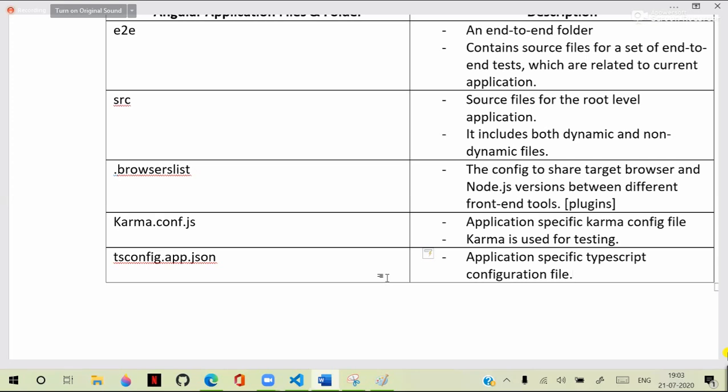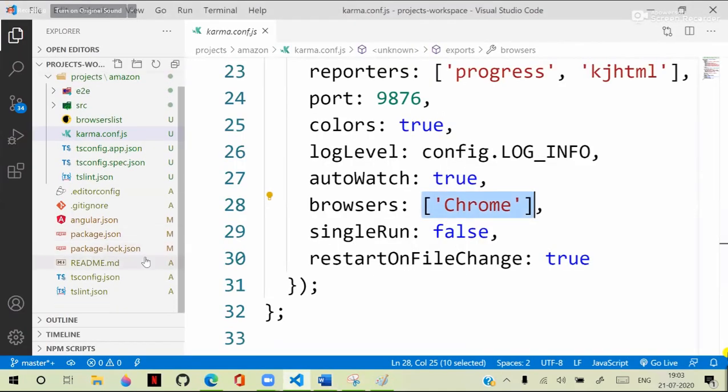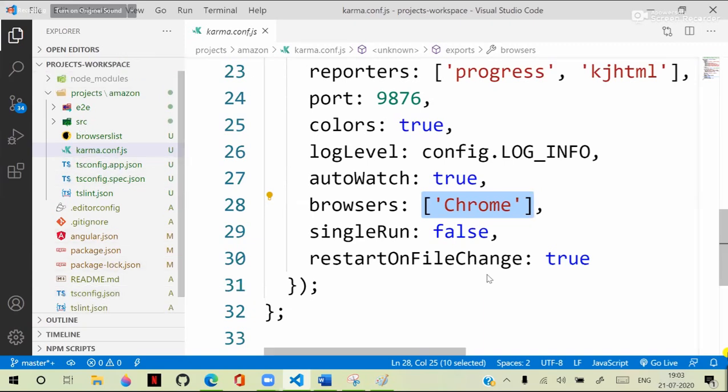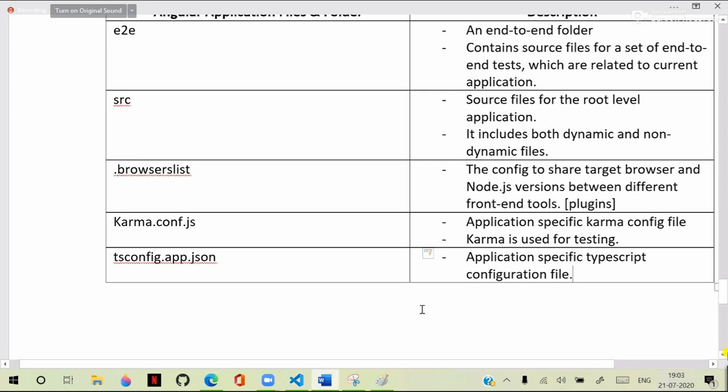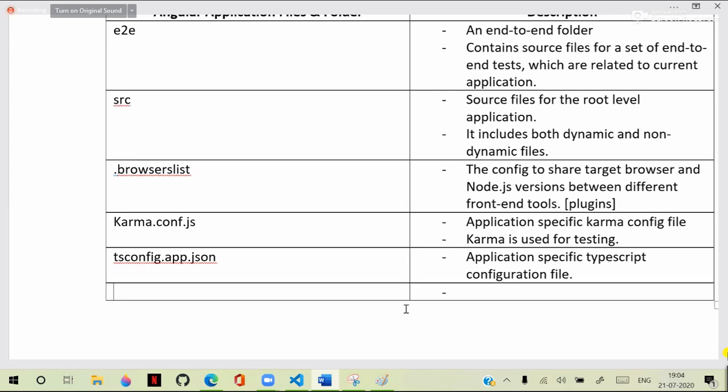What is the difference between those two is there is a TypeScript configuration file here at the workspace. This is for all projects and this is for only one project. All projects can have certain TypeScript rules and every project can have its own individual rules. So it will always work with individual rules first. After that it will go with global rules. Right? If you define any individual rules for TypeScript configurations, they are defined in this tsconfig. Outside you have another one. Already we learnt about that. Another file is there,